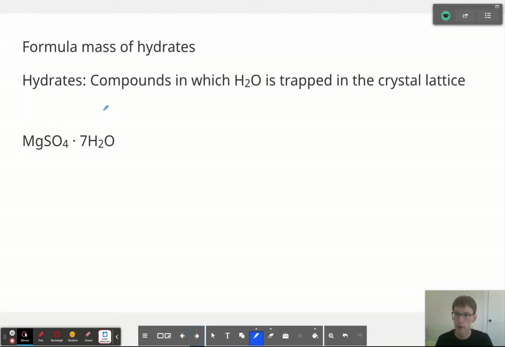So, for example, when we read this formula, we should read it understanding that in a mole of this compound, you have 1 mole of magnesium, 1 mole of sulfur, 4 moles of oxygen, and then there are 7 moles of water with that. There's going to be 1 magnesium sulfate formula unit with 7 moles of water crystallized with